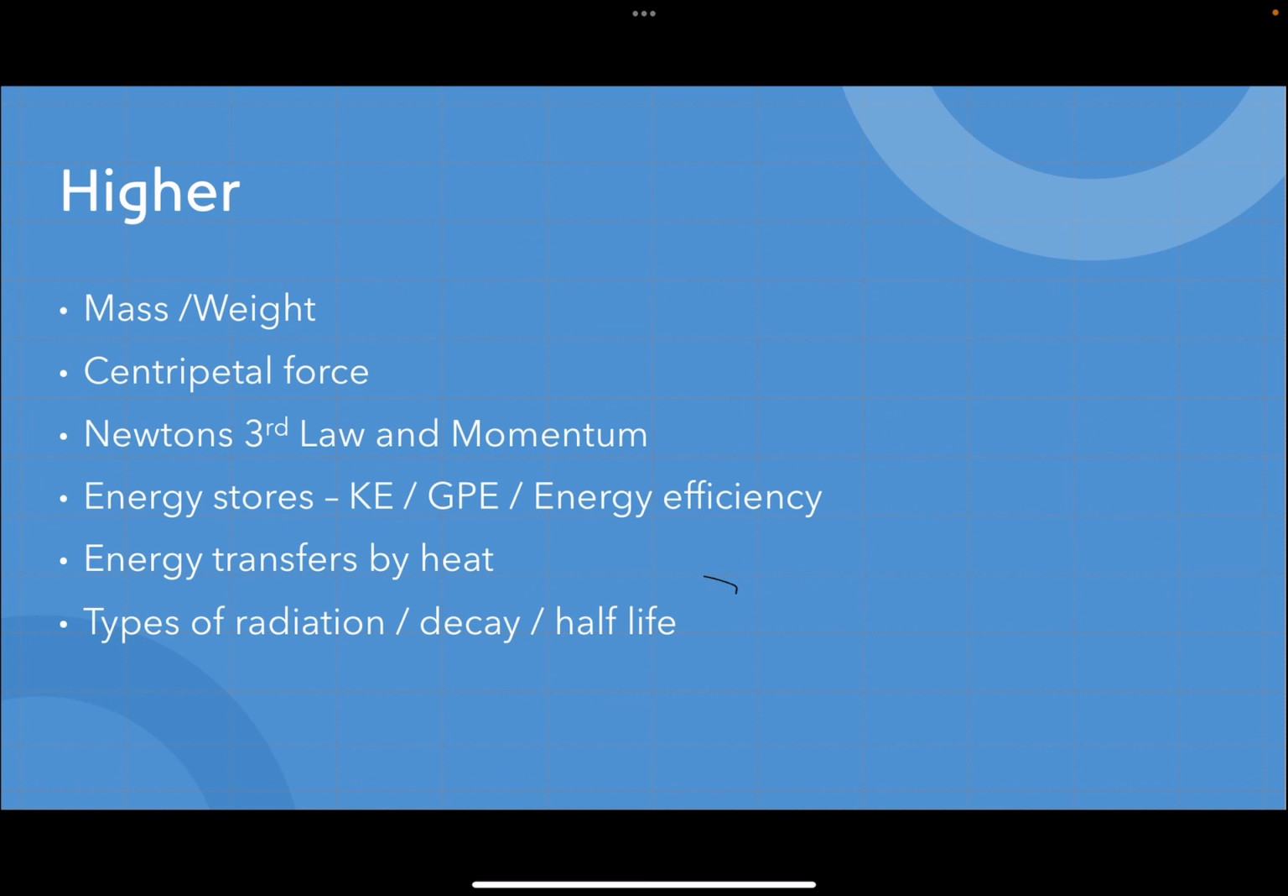Just to mention half-life. Half-life is the time taken for a radioactive isotope to decay by a half, or count rate to go down by half. You're expected to have a graph of something like this: